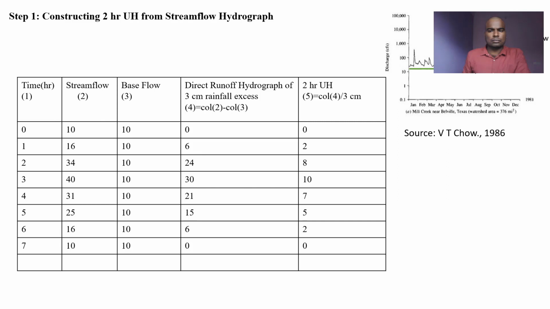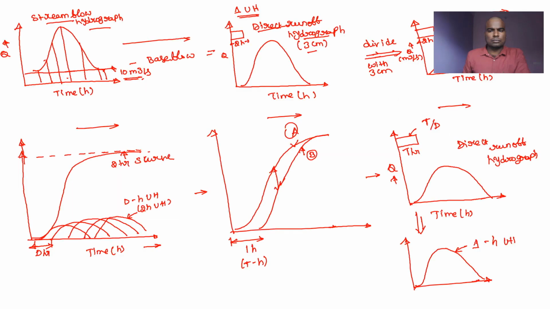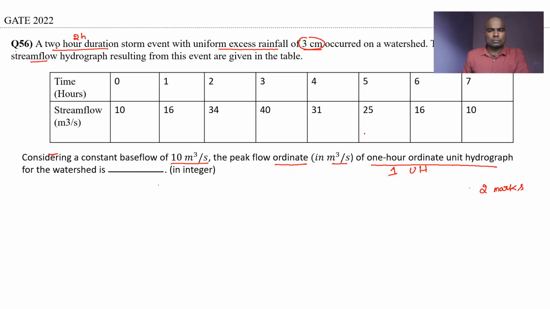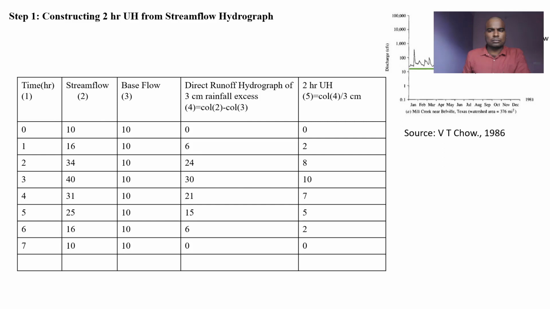So now let's deduct the base flow to get the direct runoff hydrograph. Why are we deducting the base flow? Because this base flow is not from the current event. It may be contributed by the groundwater, or it may be from a previous event. Our intention is to calculate the unit hydrograph for this excess rainfall amount, so we will remove the base flow. By removing the base flow,